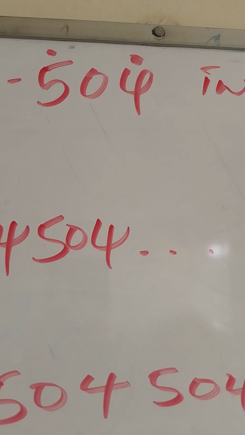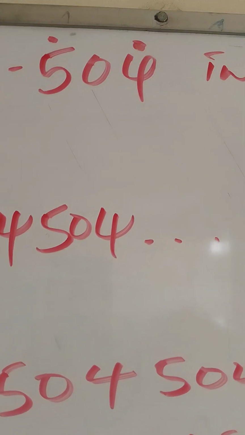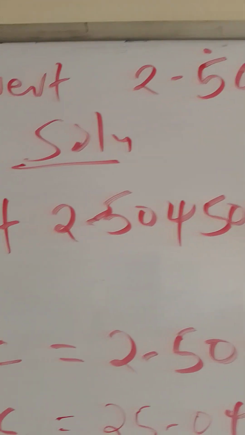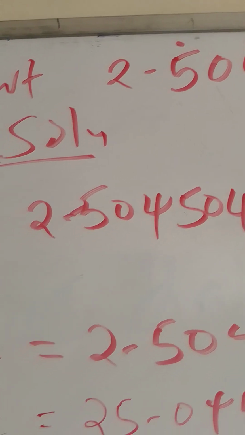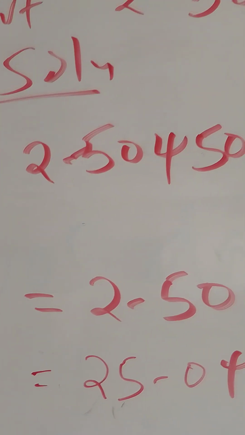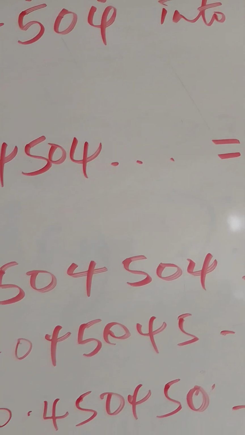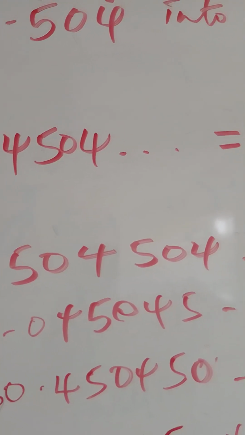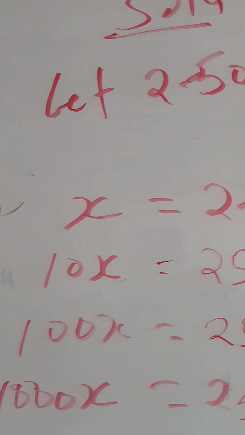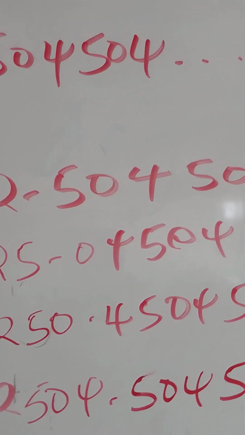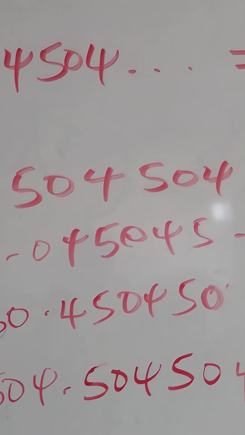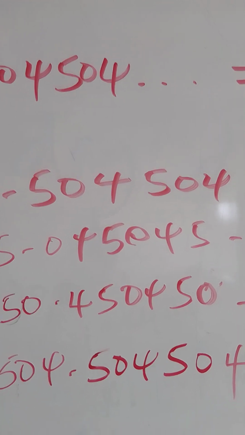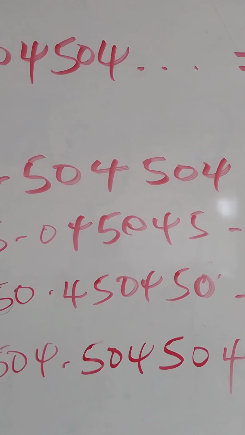Look for multiples of x in the power of 10 such that their difference gives us a whole number. So if x is 2.504504, then 10x will be 25.045045. 100x will be 250.450450. 1000x equals 2504.504504. So here already we have 2 values of x whose difference will give us a whole number, and that